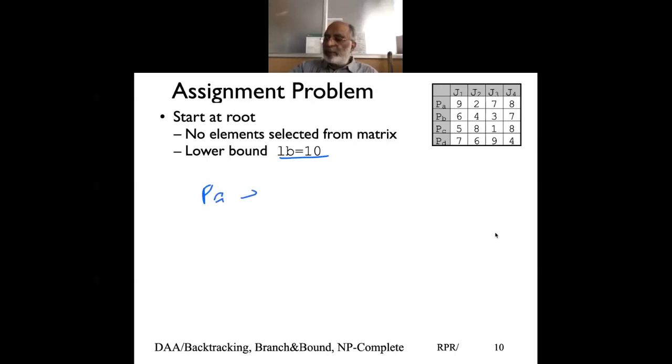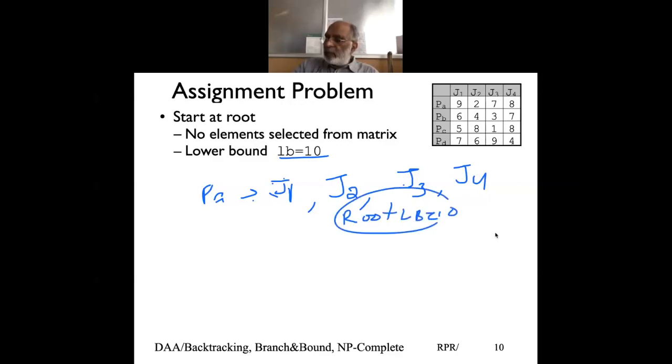I have 4 possibilities. It can do job 1, or it can do job 2, or it can do job 3, or it can do job 4. So basically we start from the root of the tree, which has LB of 10, and first it leaves 4 children. For person 1, this corresponds to job 1, this corresponds to job 2, this corresponds to job 3, and